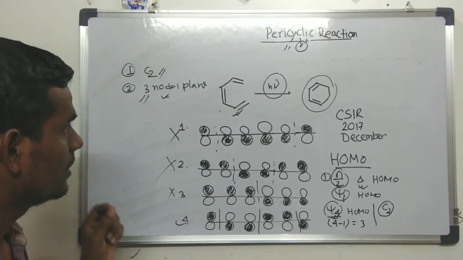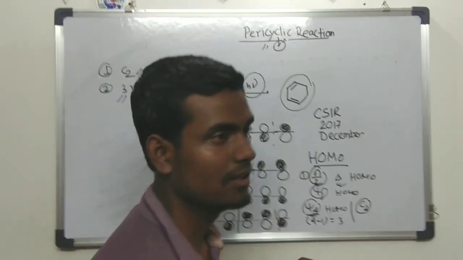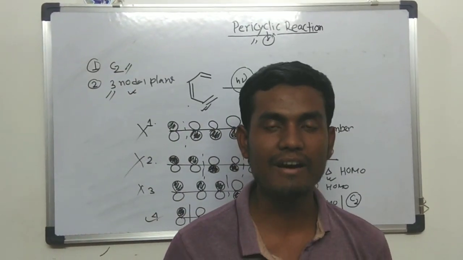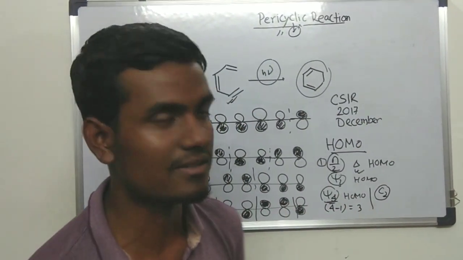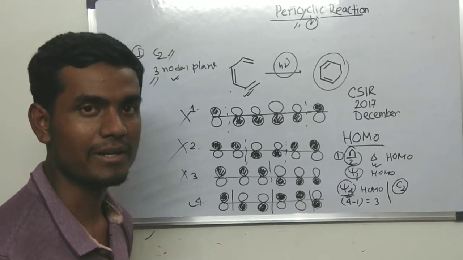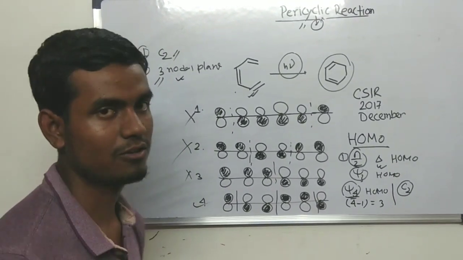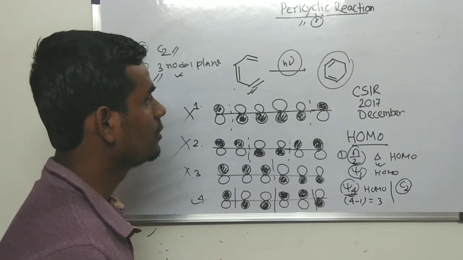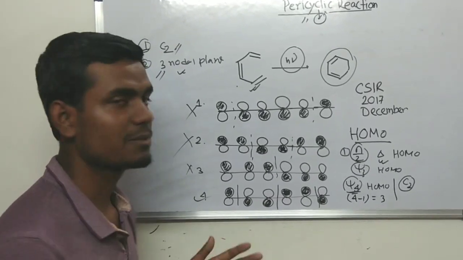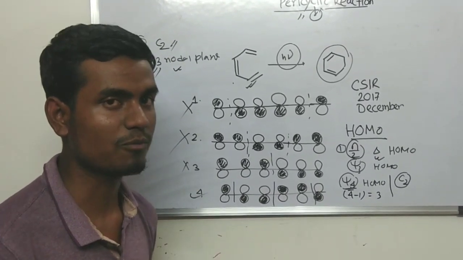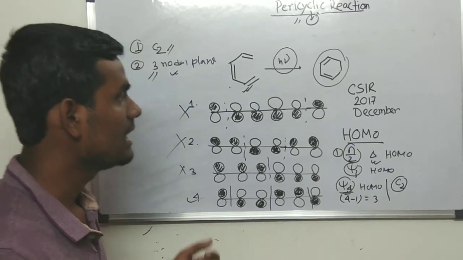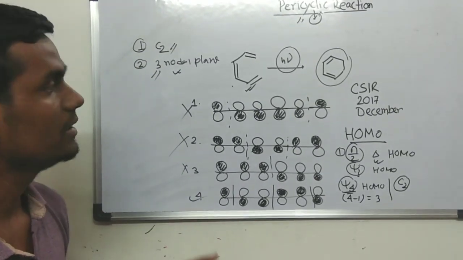So I have told the basic concept, the foundation on which the pericyclic reaction is developed, the frontier molecular orbital, and this is one of the most important topics, as you know. So I would like to say, please watch my previous videos, where I have discussed lots of questions, and I'm pretty sure you will find this concept very useful